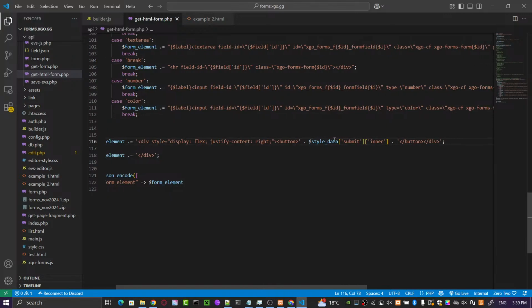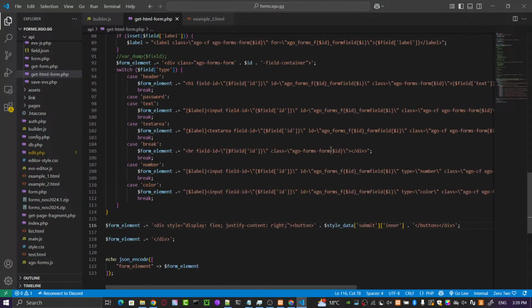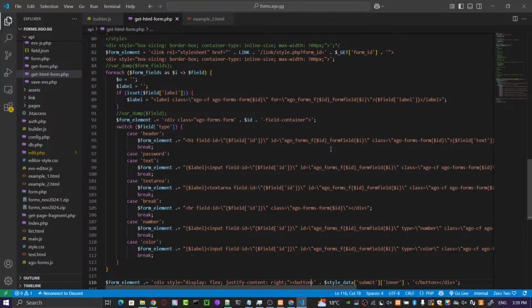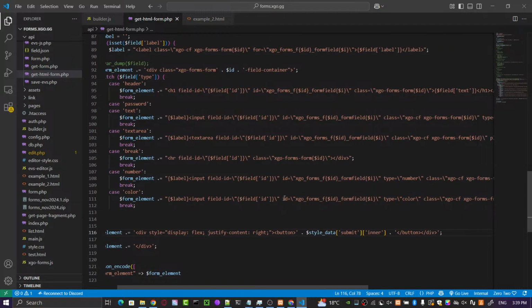I think we have to create a new event here, and then we have to create an ID.